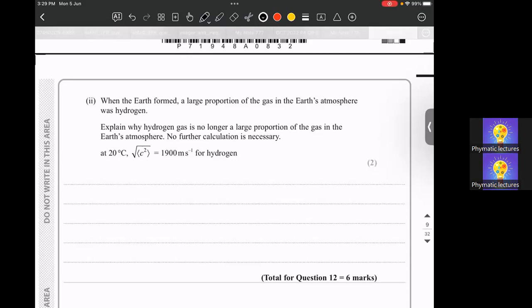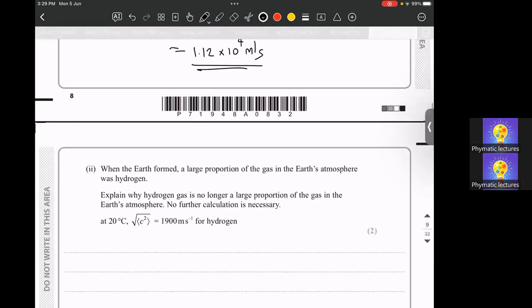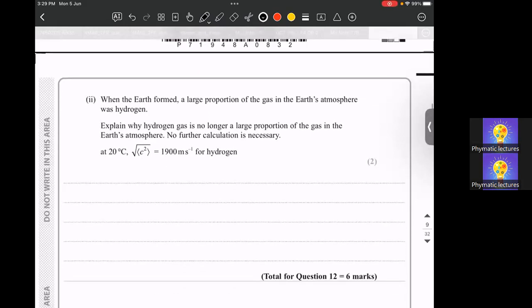That is 1900 meter per second. So here, this is a value which is very low, it is less than 1.12 into 10 raised to 4. Still, why are we not having a large proportion of hydrogen gas in the Earth atmosphere? So the main point we should include here is,